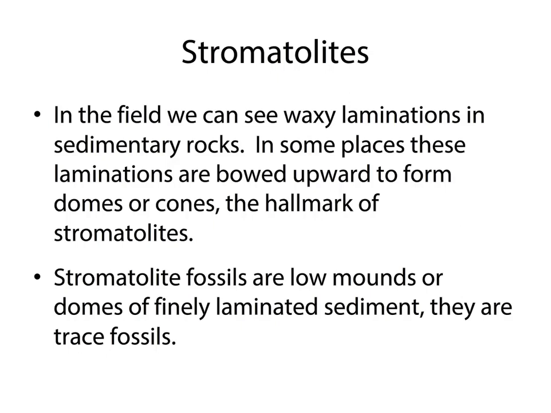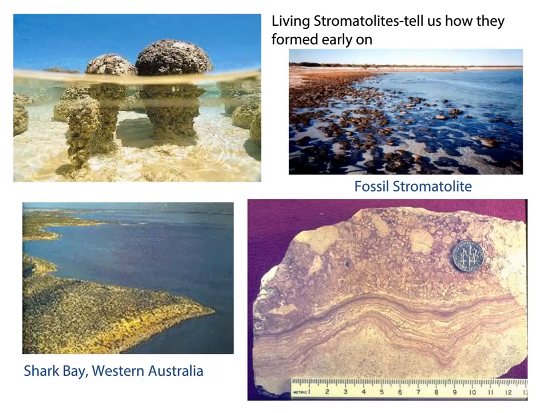So when you have stromatolites, you can basically see these laminations in sedimentary rock. And so they tend to be bowed upward like a dome or a cone. Okay, and so, by the way, stromatolites are trace fossils because the bacteria is not there anymore, but the stromatolites are suggestive that they were at one time. The reason we know so much about stromatolites, by the way, is they exist today. Okay, so this is on my bucket list. Before I die, I want to go see some stromatolites. I teach about these things, I want to actually get to see them, all right?